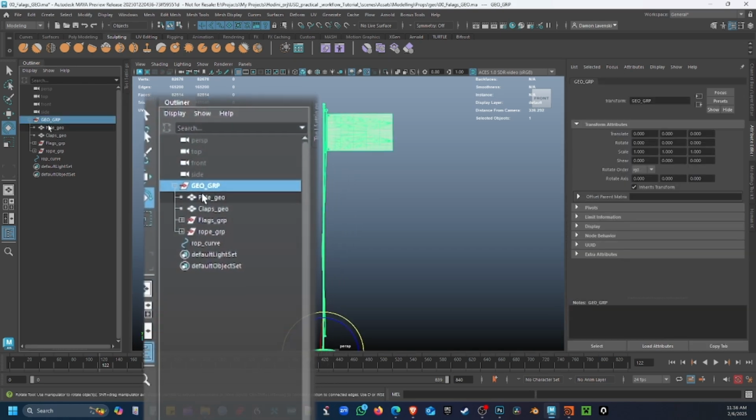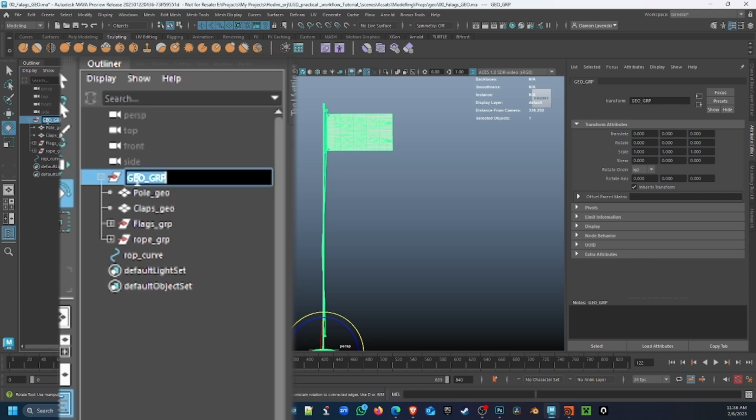So I'm going to select, wait, before I do that, I'm going to name my top group, of course, which will be flag pole group, GRP. Alright, everything is now in the correct way. Everything's matching, everything's ready to go. Alright, so let's do